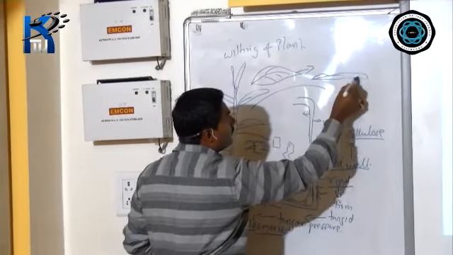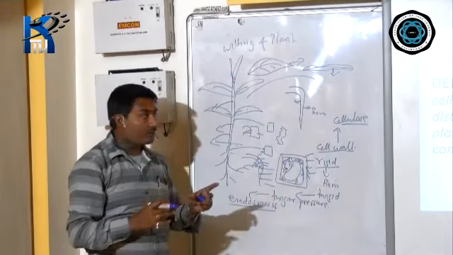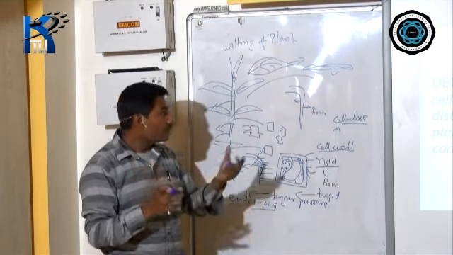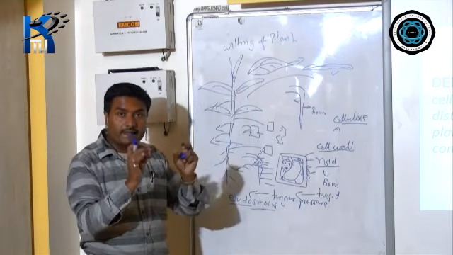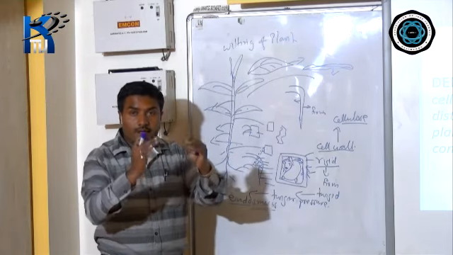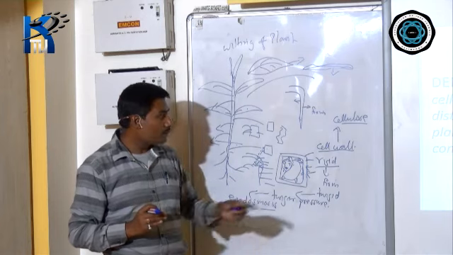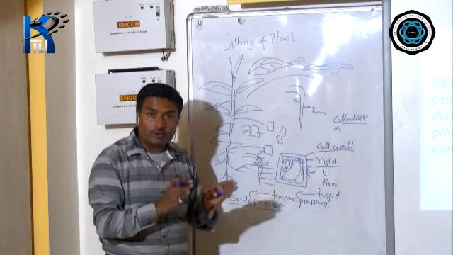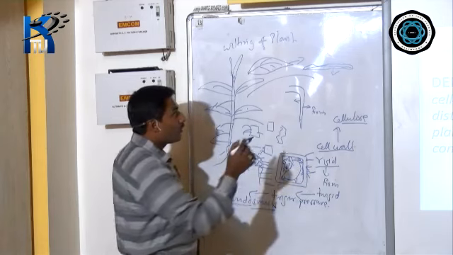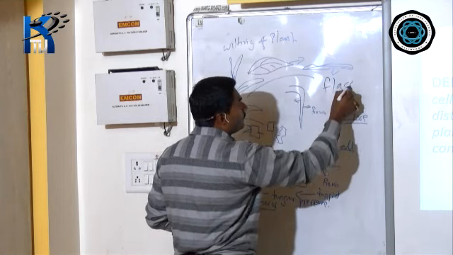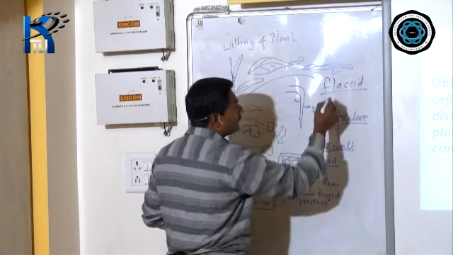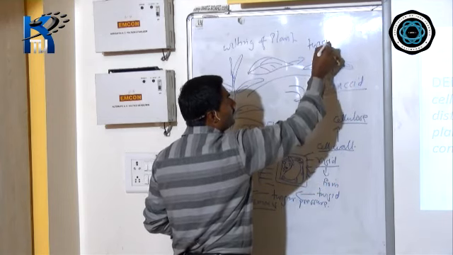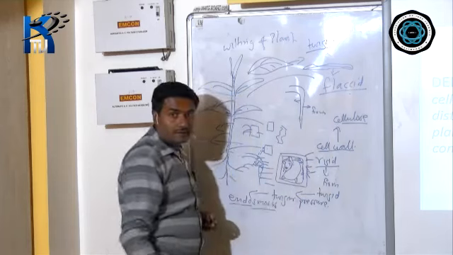Finally, you will find the leaf shrivels off. Shriveling of this leaf, wilting of this leaf is because the water has withdrawn from each and every part of the cell. That means when the turgor pressure decreases, the turgidity gets over, and that condition you call the flaccid condition. So when I say flaccid, you just have to understand it is the opposite of turgid.